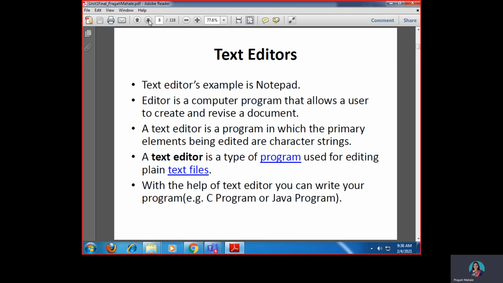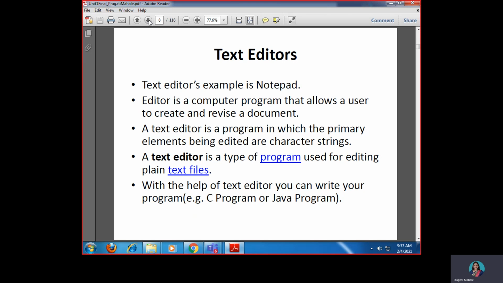So these are the contents of our system programming unit 1. So let us start with the different types of system software. Text editor is one of the very commonly used system software. Notepad is a very common example of a text editor. Nowadays we have various text editors depending upon the different platforms and operating systems, right? Notepad is the most common one that every person uses on the computer system.